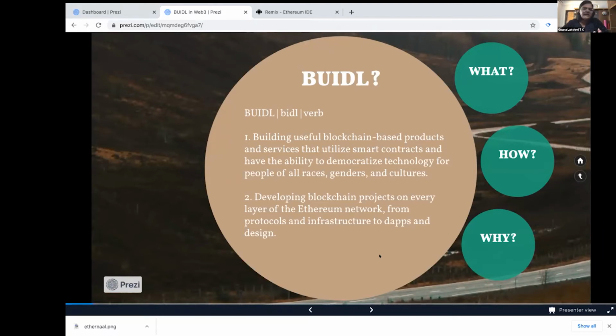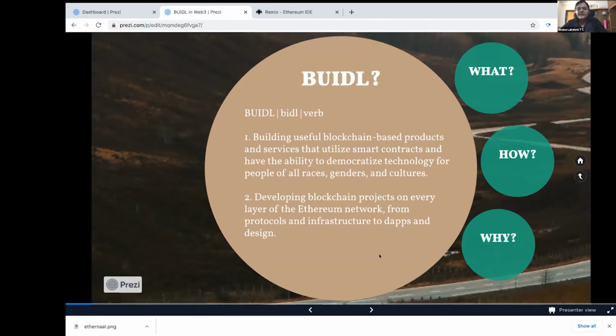So when you are thinking of building a product, think of how that product or that solution will serve different races, different genders, different cultures, because across the globe, people are going to be consuming those products or services. So while building, you have to always remember this: build for an inclusive ecosystem.